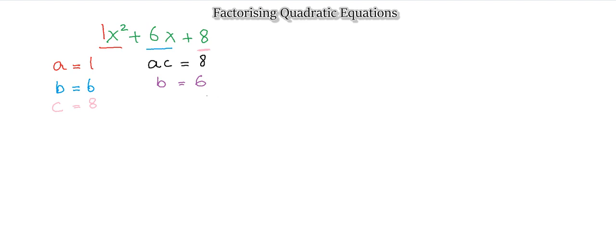So the easiest way to do it, how do we go on from here? The best way to do it is to look at the factors of 8. If we can find the two numbers that multiply to give me a number, it's very easy to just check for ourselves if those two numbers actually add to give me 6. Now, looking at factors of 8,